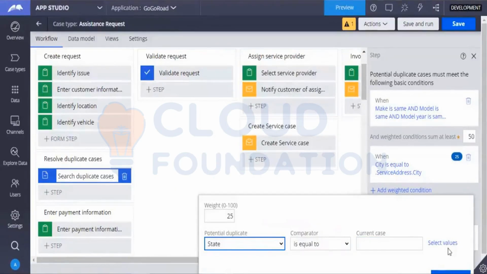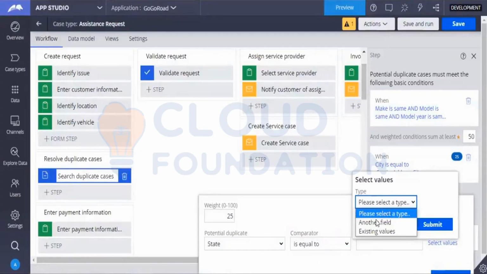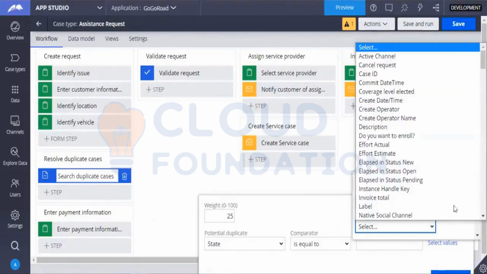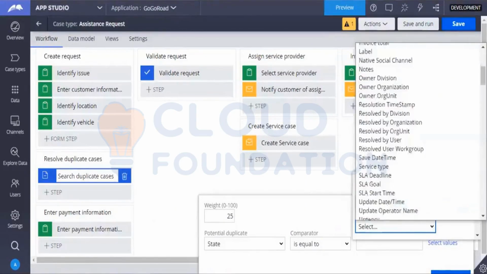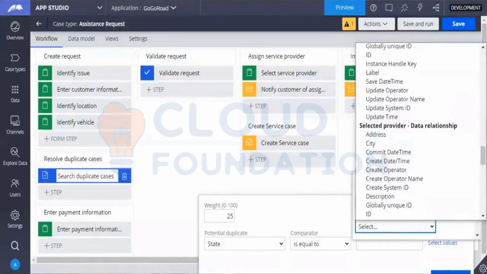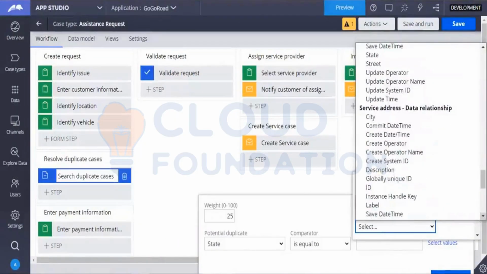We have added the state here. We need to add the same state here as well. Like I am clicking in another, whatever I'm selecting. This one has been provided by Pega, but in real time, we need to